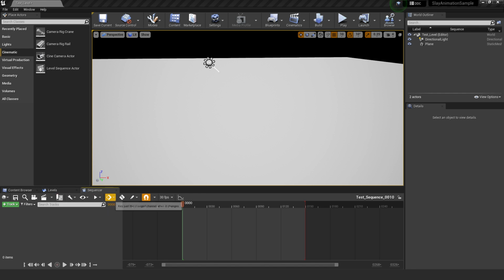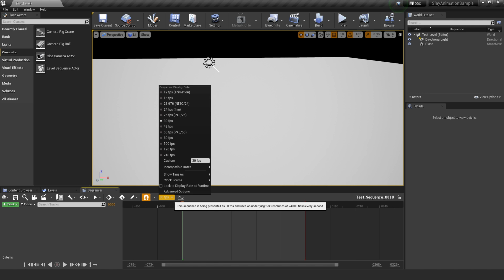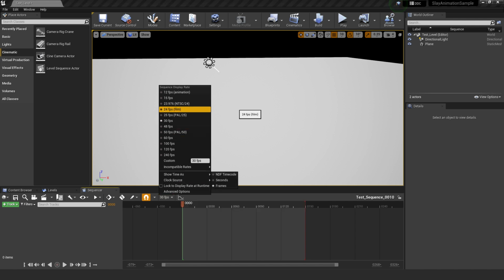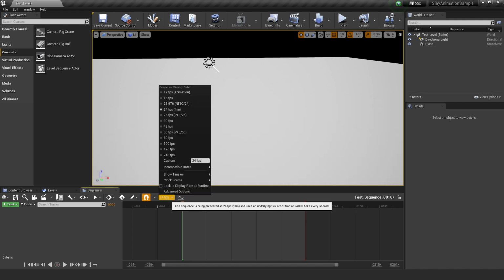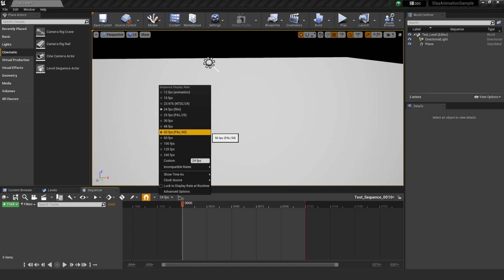And then also from here, we're just going to skip and jump to your frames per second, whereas currently we have it at 30 frames per second. But for film and for the short that we did, we put it down to 24 FPS. But this is where you can set your frame rate for your Sequencer, and it'll also update accordingly. But you can also choose whichever FPS fits your current needs.